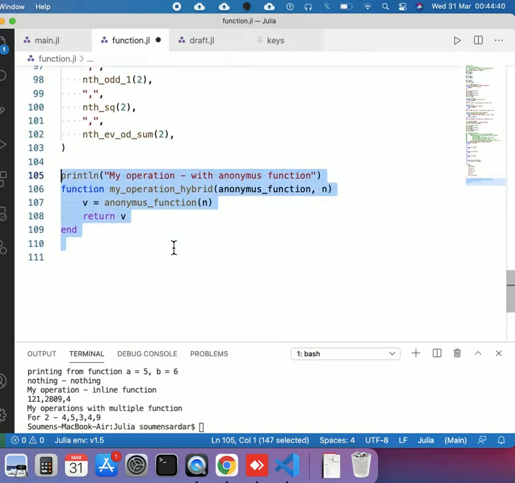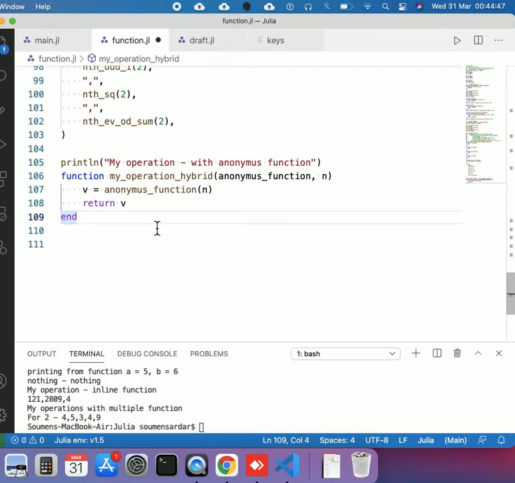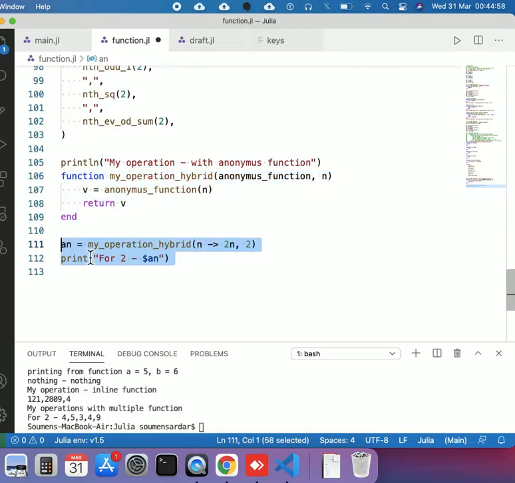Now we can do the same with an anonymous function. And how can we do that? As you know, we are talking about functions, which means we have to call it. I'll explain this function a little bit later, but let me show you an example first. This is the syntax of an anonymous function. What it does is, this is a function which accepts one variable n, and then returns 2n, and we are